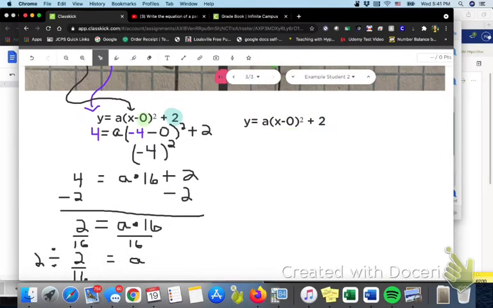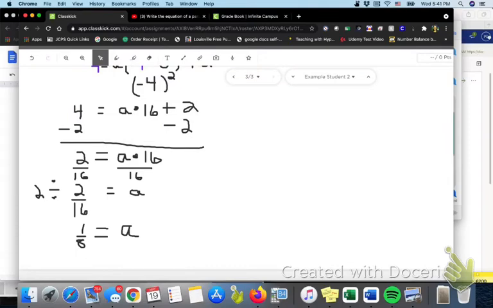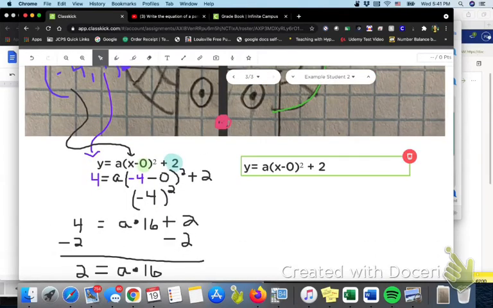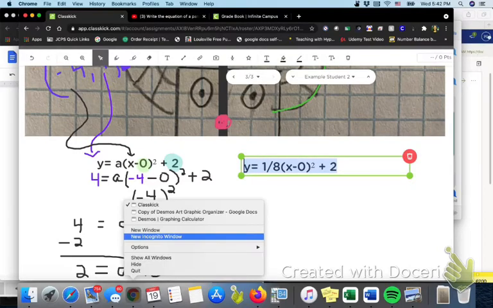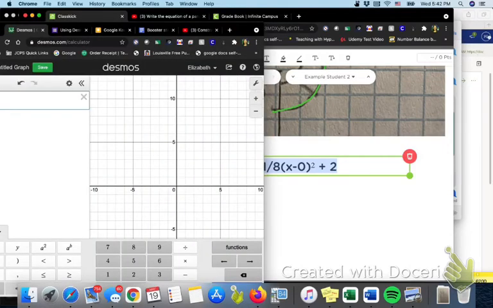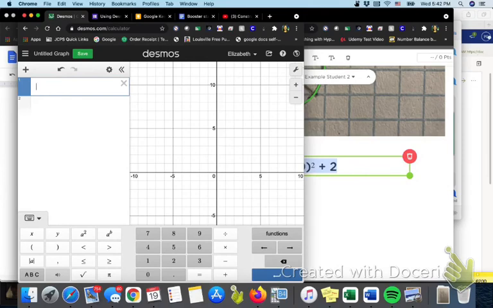And now we just did all that math to find out that a is equal to 1/8. So I'm going to backspace and type 1/8. This is the equation that I'm going to type into my graphing calculator. So I just copied that and I'm going to paste it